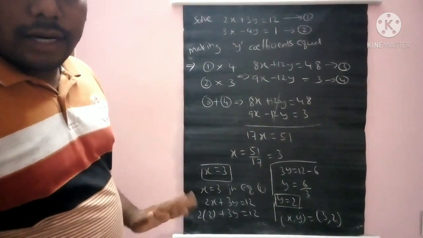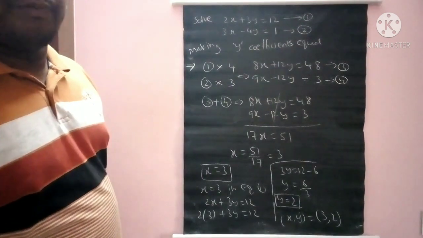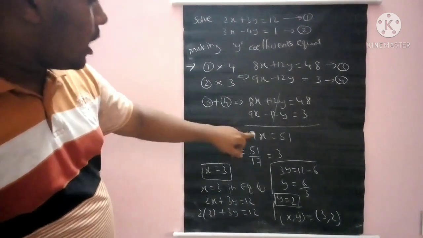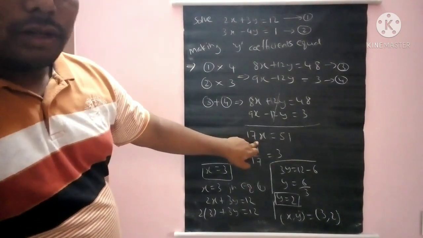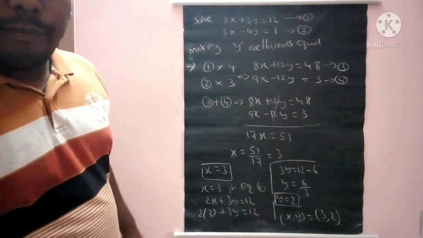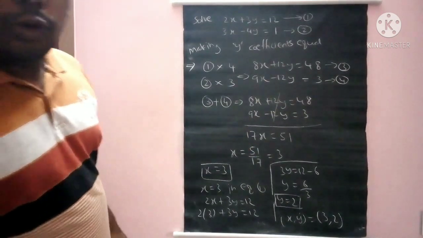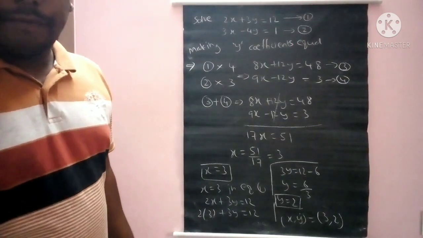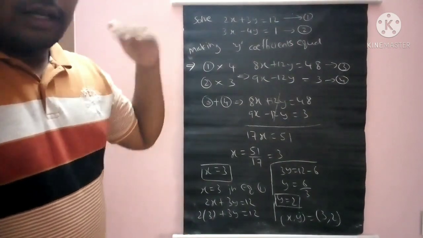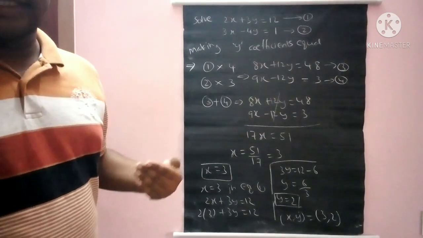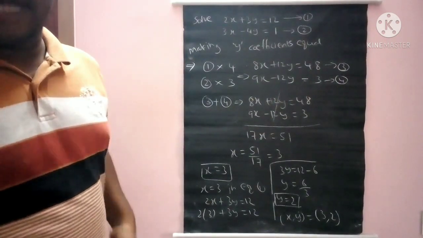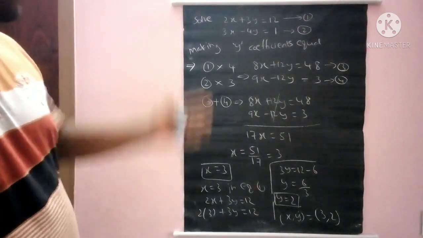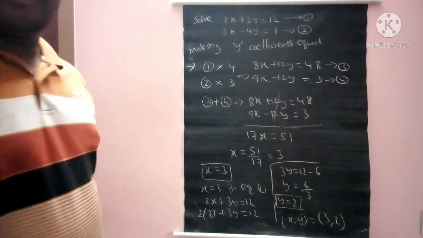So a true statement is nothing but the LHS part and RHS part being the same. That means LHS equals RHS without a variable. Here you are getting the result with a variable. If you are getting a result without a variable and it's a true statement, that means LHS equals RHS. If you are getting a false statement without a variable, that means LHS is not equal to RHS, and that will result in parallel lines. If you get a true statement, it is coincident lines. So we'll go with an example.